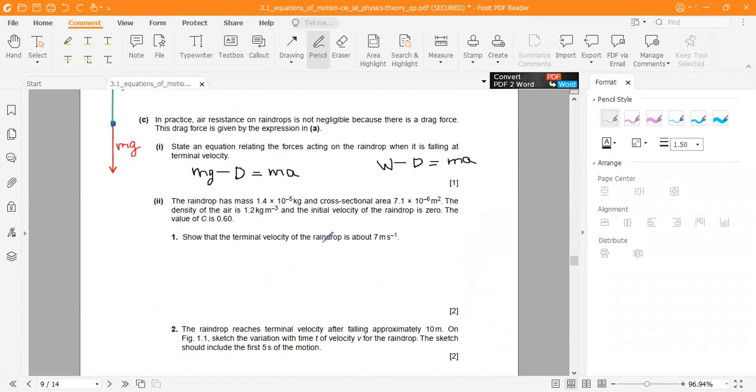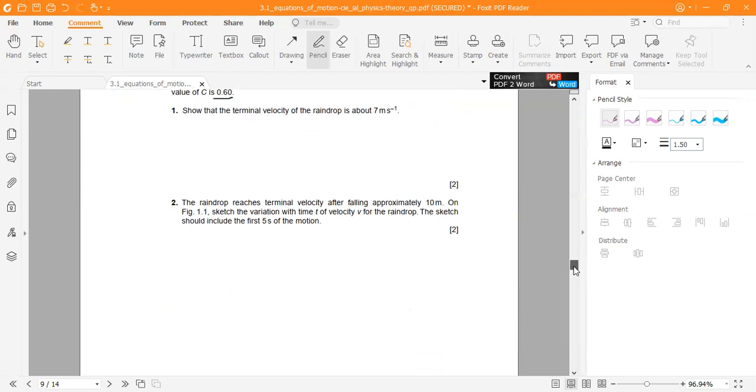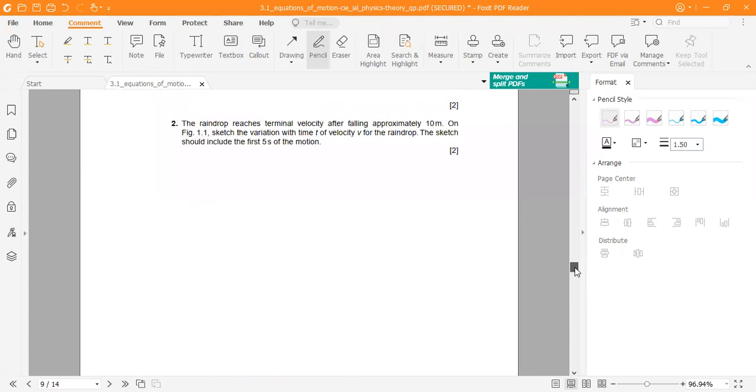Do we have the drag force? We don't have the value of drag force. Sorry, we don't have to find the value of C. We have the value of C. We don't have the value for drag force. So first thing we will do is find the drag force. I think this is next chapter. Okay, let's not do it right now. This is from the next chapter. We will go too much into the next chapter, and I think it will confuse you even more. So let's skip this for now.